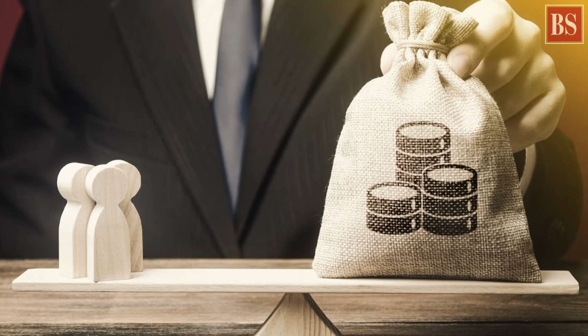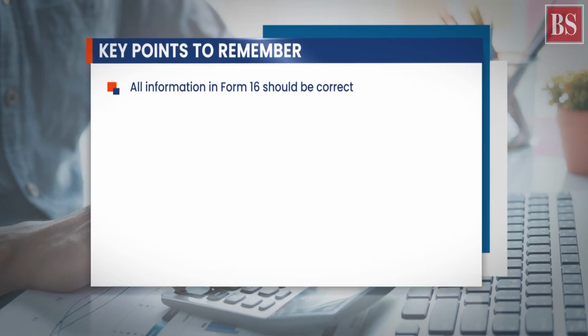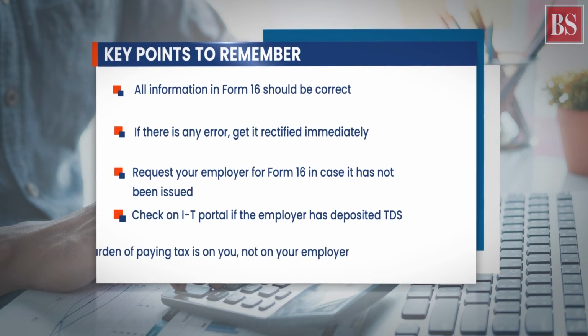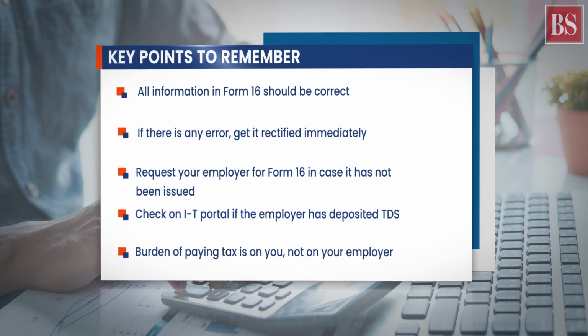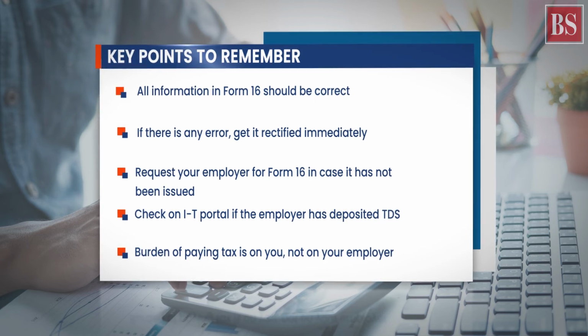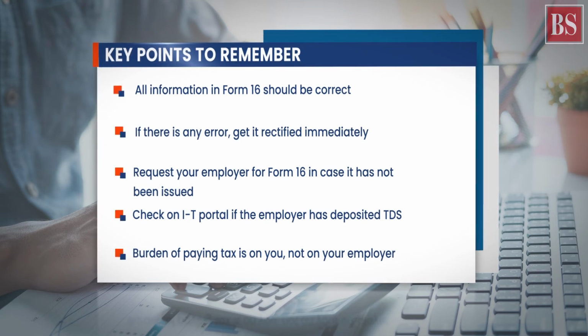Finally, here we have a few important points to remember as taxpayer. You need to ensure that all the information declared in Form-16 is true and correct. If any information is found to be incorrect, you should immediately get in touch with your employer and get the error rectified. In case Form-16 has not been issued to you, you can request your employer to issue it. You can also check whether or not your employer has deposited your TDS with the government by logging into your account on the income tax portal and downloading